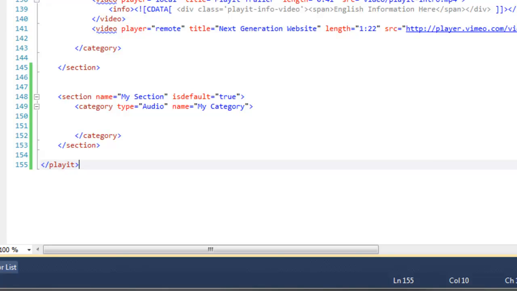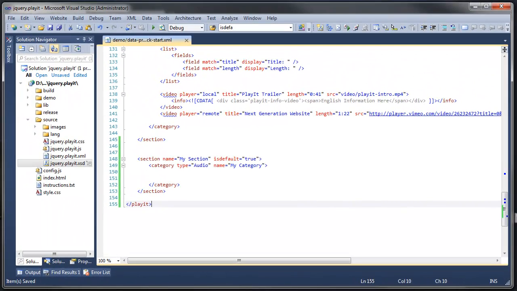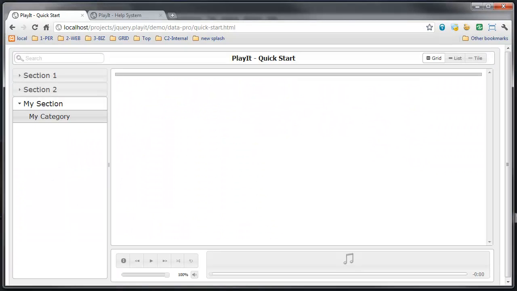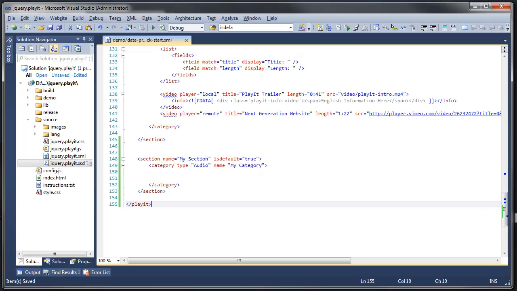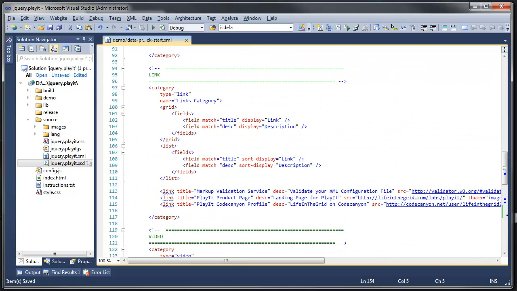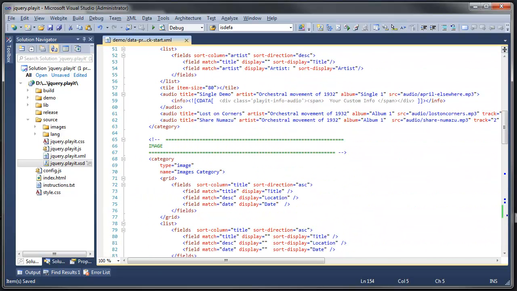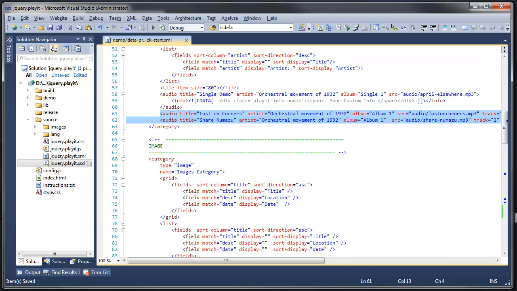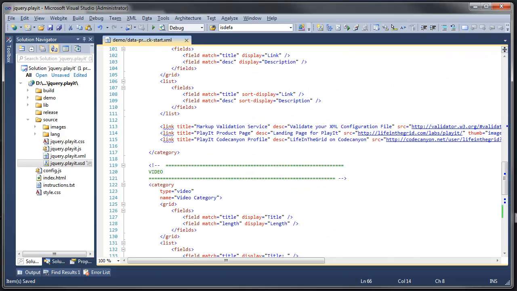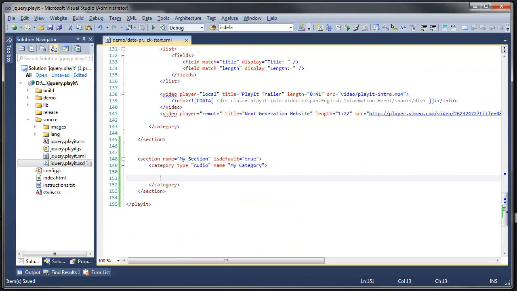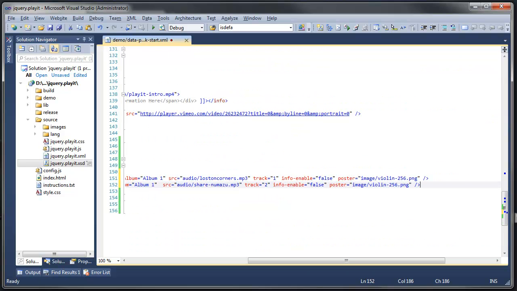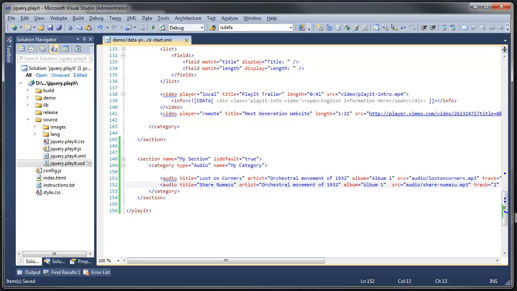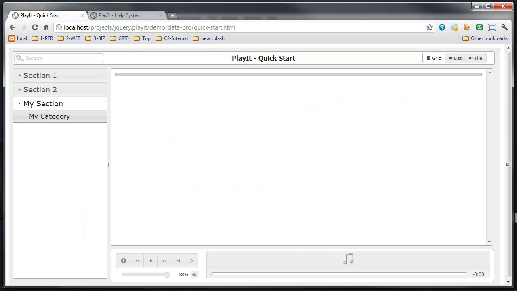So let's jump out and see what an empty category looks like real quick. I'm going to just refresh this here, and we can see that there's no data in here. Obviously it's just my section and my category. So let's go ahead and populate this. I'm going to jump up here and steal a couple audio nodes because we are working with audio. And just know that in later videos we'll be going through each one of the category types in more detail. So if I go ahead and paste these audio tags in here and I come back and refresh,